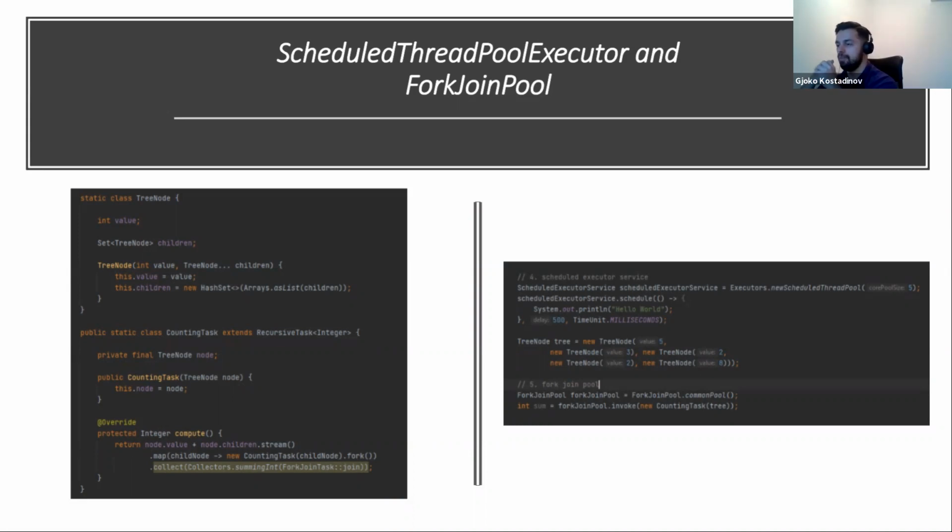It's the fork join pool executor. The fork join pool works on the principle that it solves the problem when executing a lot of tasks for recursive methods and recursive calls. For example, if we have some kind of recursive structure like the one on the left side of the slide, and we need to do some async or time-consuming tasks,